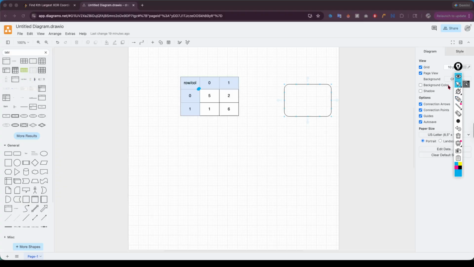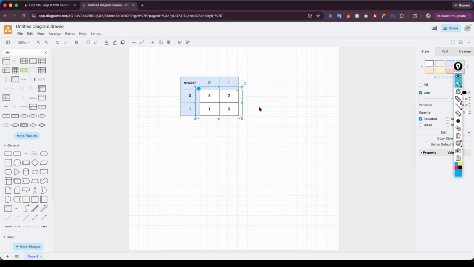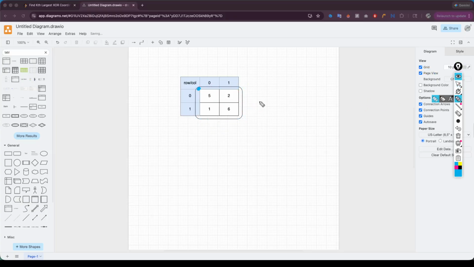For example, if we calculate this triangle, we're gonna have the matrix